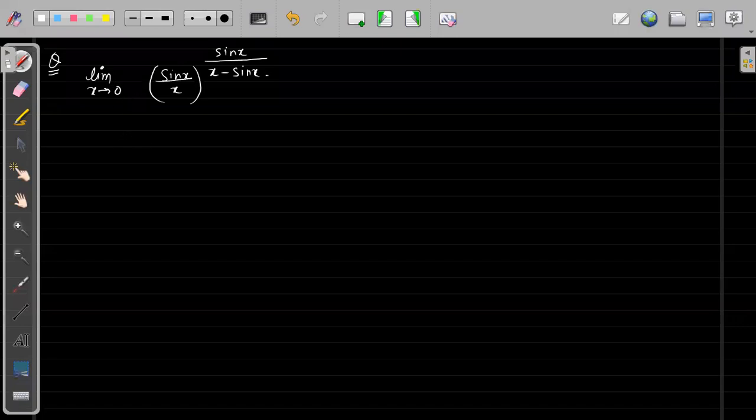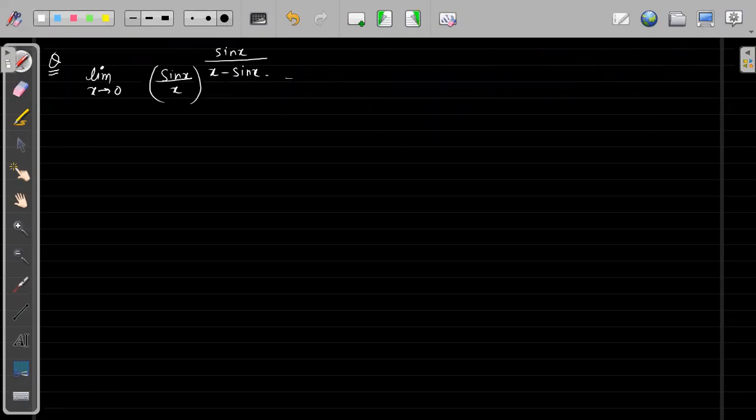So the same method I will apply. But once you have solved enough questions, you know this is of the form where the base is tending to 1 as x tends to 0, and the power is tending to infinity. So you can simply write y is equal to e to the power limit of x tending to 0 of (sin x by x minus 1) into (sin x upon x minus sin x). This will become minus 1, this will become 1, you can directly solve. But because you have not solved enough questions, let's see.